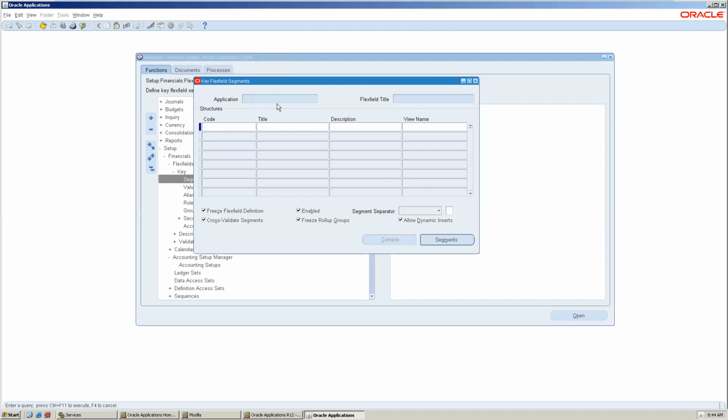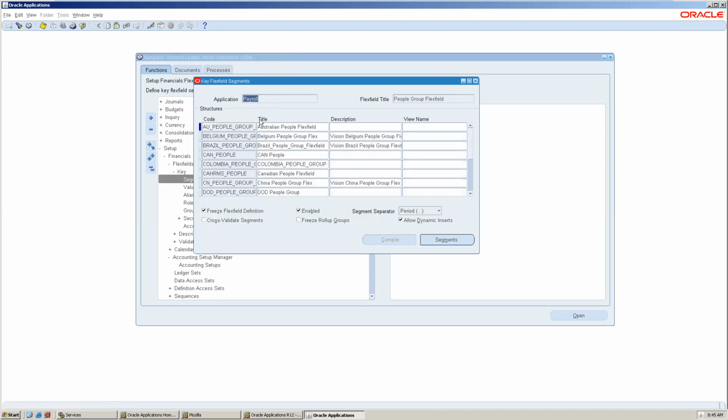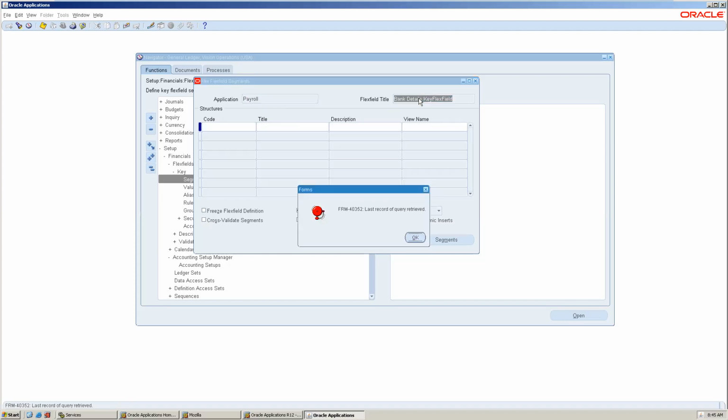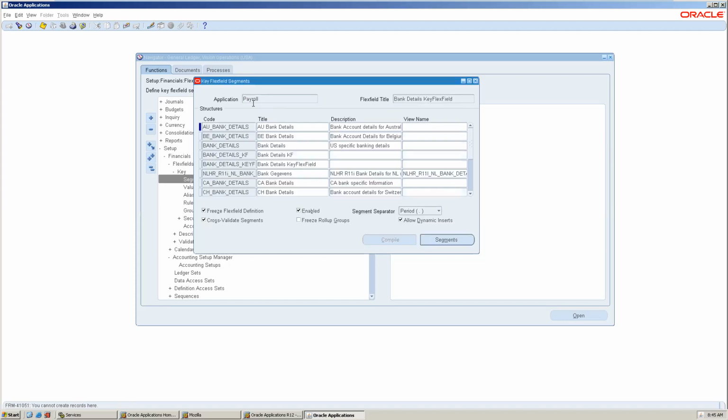See, I can give purchasing, I can give HRMS, payroll. See, in payroll, how the business country-wise they will create. In payroll, how many types of flexfields are there? What is a flexfield? The chart of account they call flexfield. Combination of segments is called a flexfield. Okay, right.